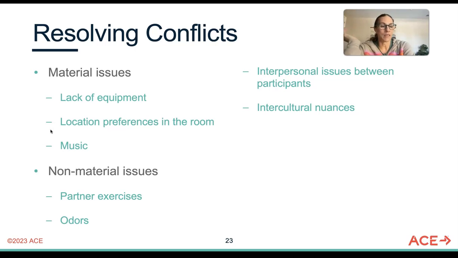If you see some conflict going on, you can step in and go, okay, we can all do this. Let's all share the space. Let's move this over here. Does that feel comfortable for you? Get yourself involved so they're not taking it upon themselves and getting argumentative. Come in as the person in charge and say, okay, we're going to create enough room for everyone. Sometimes that's not always possible when it's a really big class and people are coming in very quickly, but